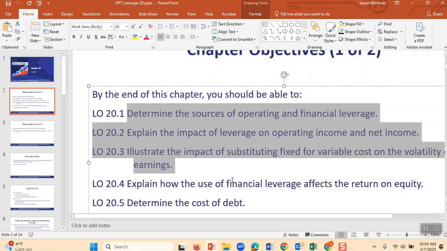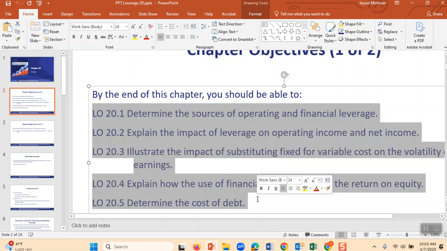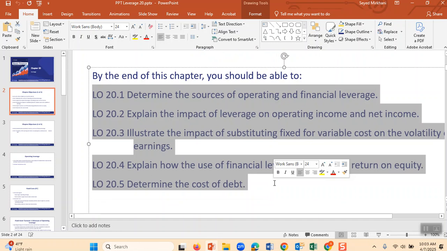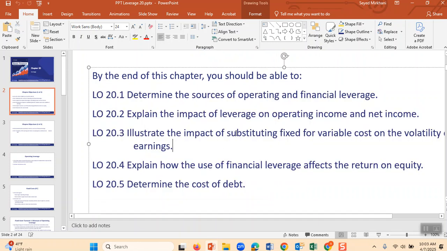These are the outcomes that we are covering in this chapter. One thing I will ask you to do is to copy this later into ChatGPT and whatever tools you want, and collect information about these things and post it on the discussion board, but you have to analyze it. I will show you in another video I'm going to send you. But for now, I want you to know that in this chapter, we are talking about fixed and variable costs and the impact of financial leverage.